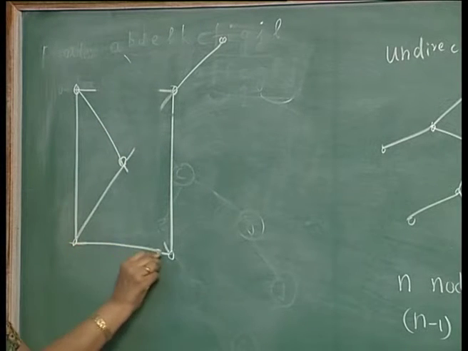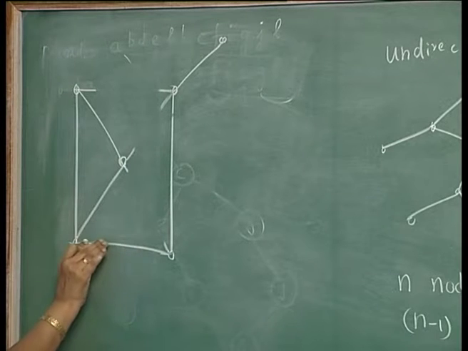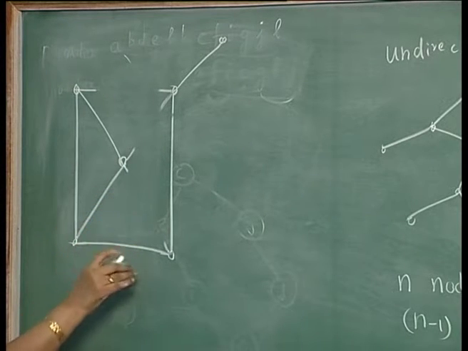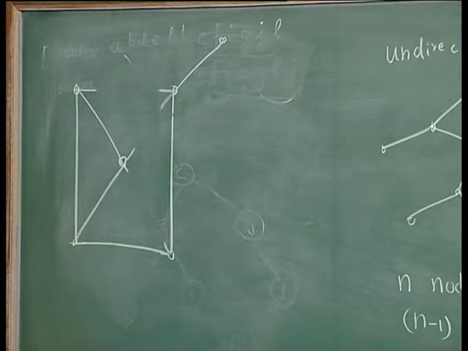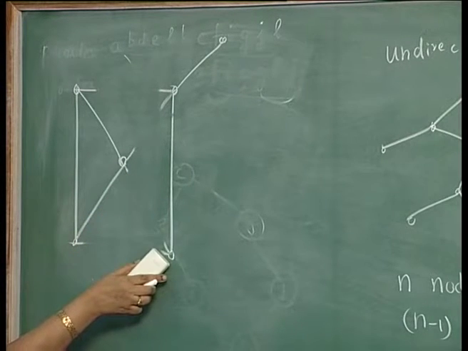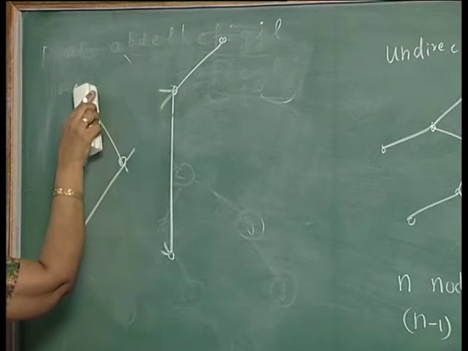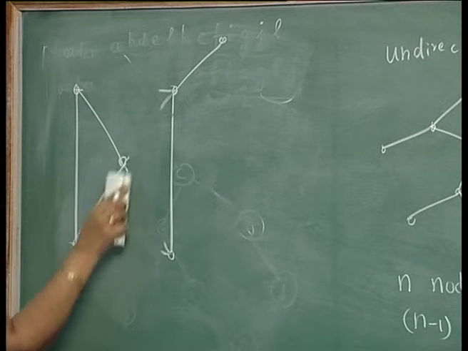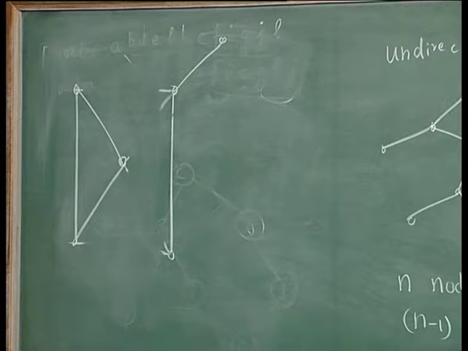But if you leave even one of them, it will be connected. If you have even one edge present here, it will be connected. Even if this is present, it will be connected. If this is present, it will be connected, and if this is present, it will be connected. So you have to remove all the 4 edges to get 2 disconnected components. Even if you remove any subset of this, any 3 or 2 or 1 of this, still the graph will remain connected. So such a set is called a cut set.